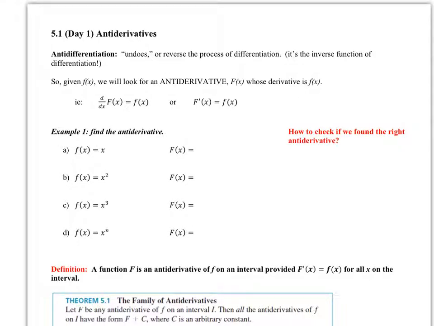All right, 5.1, day number 1 on antiderivatives. So anti-differentiation undoes or reverses the process of differentiation. It's the inverse function of differentiation. So given that f of x, we look for an antiderivative, capital F of x, whose derivative is f of x. So you'll see here the notation. Right, the derivative of big F of x equals f of x, or capital F prime of x equals f of x. So for example,